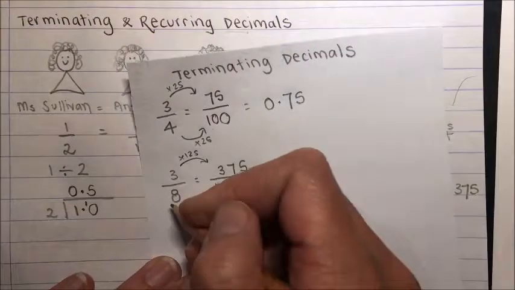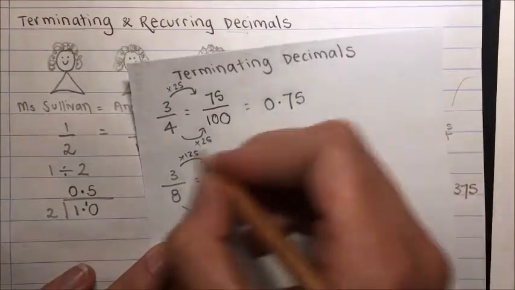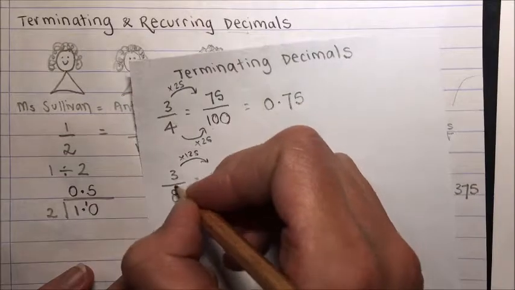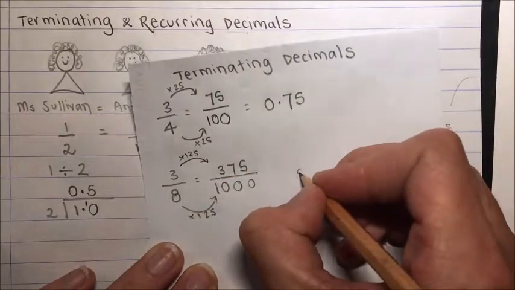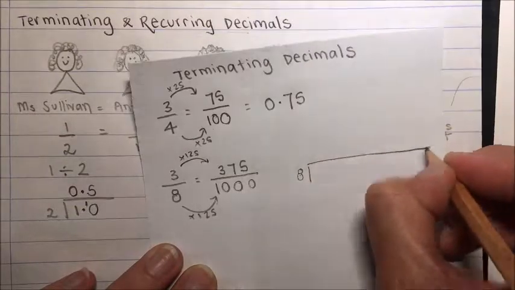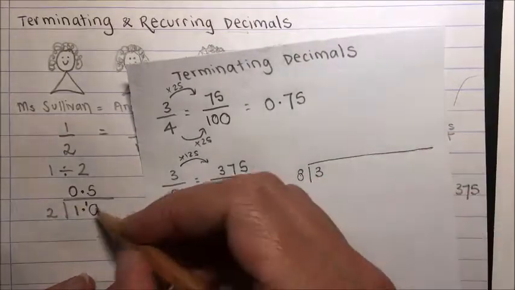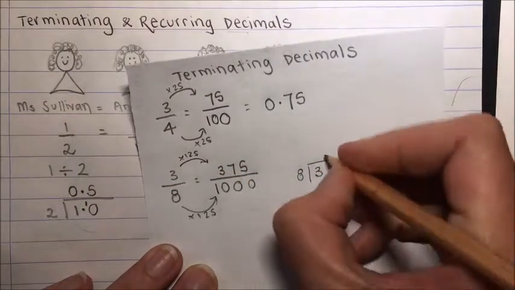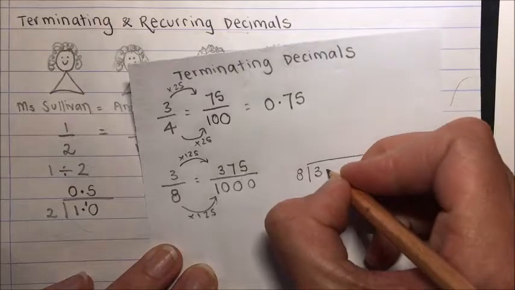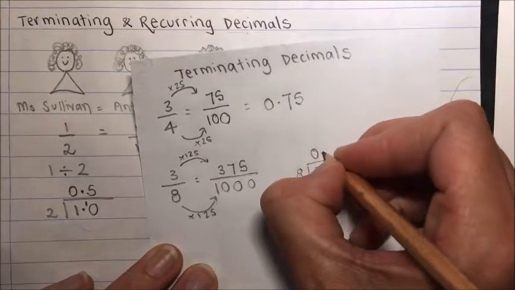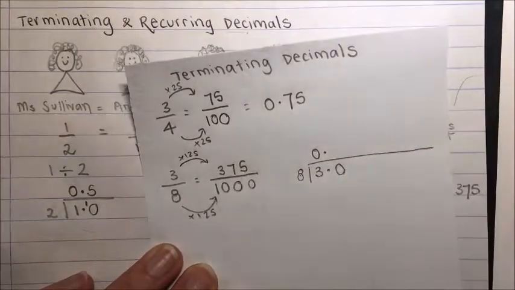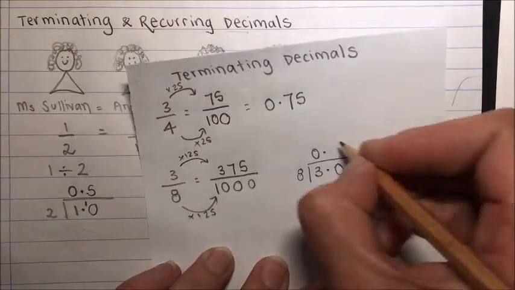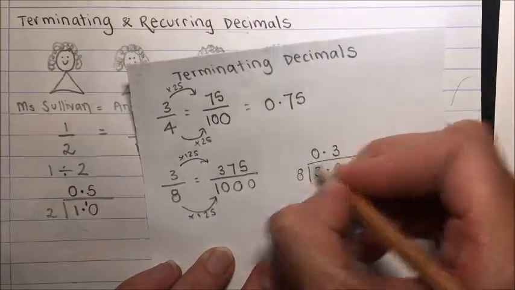Cool. I'll try and do this a different way to work it out, because that's like a trial and error thing. So at the moment, I'm going to try and work it out by doing 3 divided by 8. So 8 into 3. Here I'm going to go back to this little decimal trick. 8 does not fit into 3, so we've got a 0, doesn't fit in. And I'll add my first 0 in the tenths. So 8 into 30, I can do. And 3 times 8 is